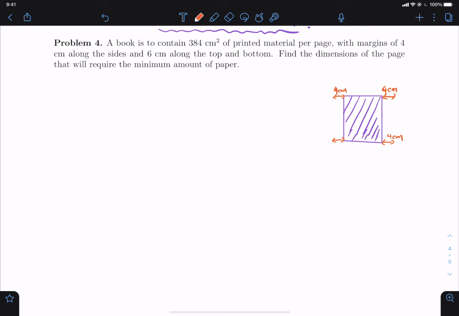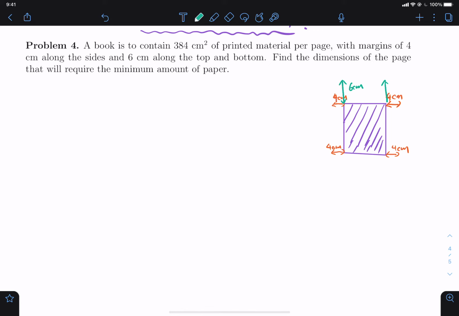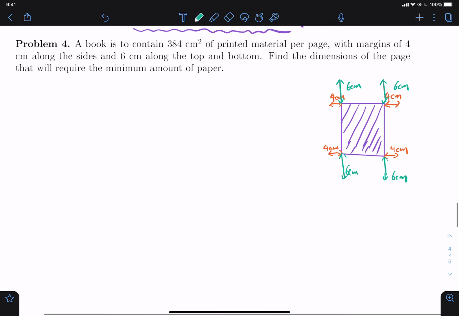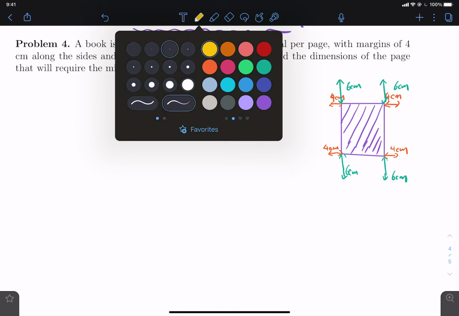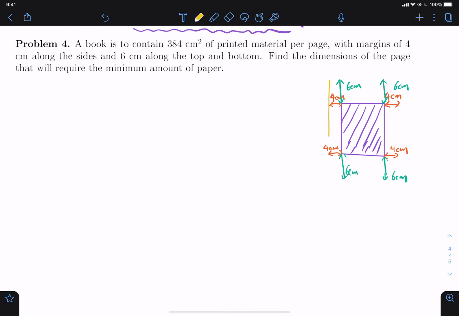Also along the top, you're gonna expand this by 6 cm. So here is 6 cm, 6, okay. That means the actual size of the paper, or the amount of paper that is used, is actually this